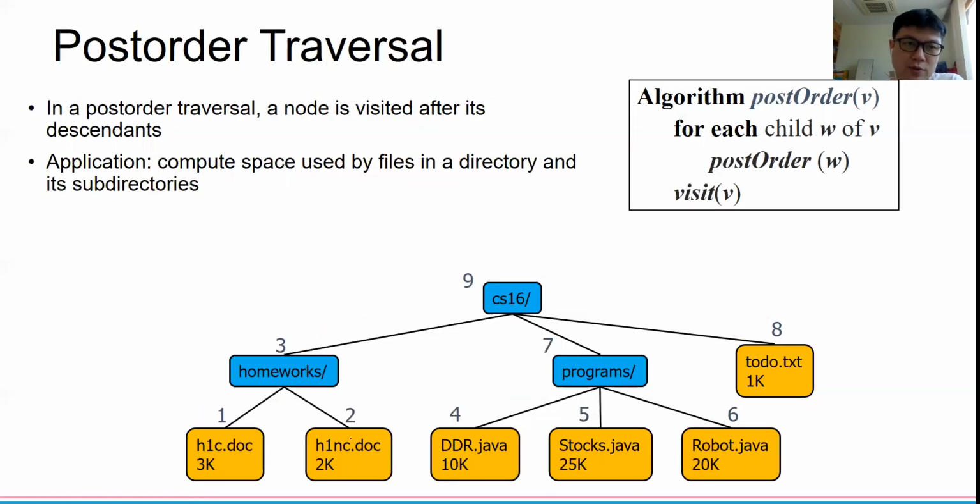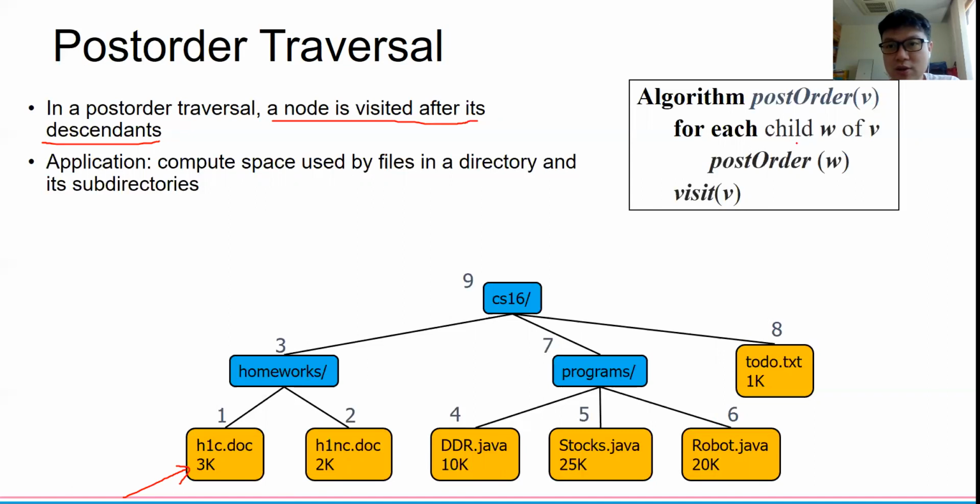The other way to visit the nodes is the post-order traversal. The post-order traversal means a node is visited after its descendants. So when we are doing the traversal, we want to start from the leaf node. So this is the first one. For example, the application of computing the space used in your computer. If you want to know how much space you spend, using the post-order